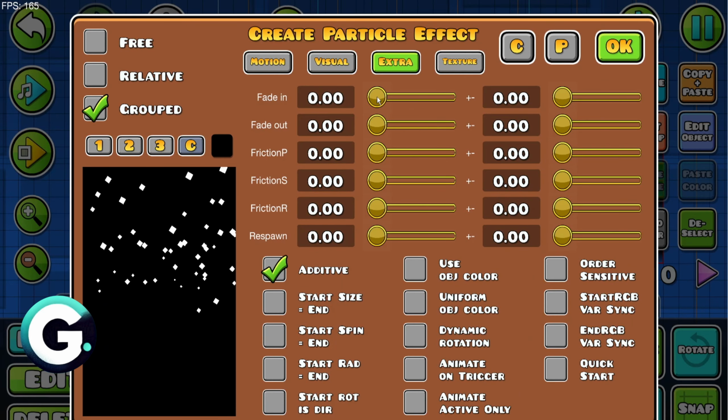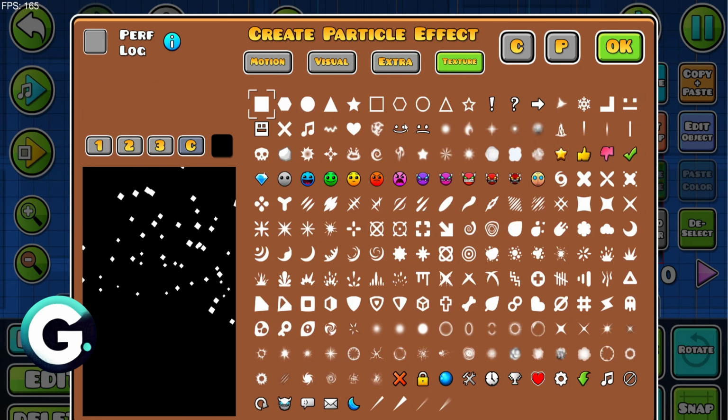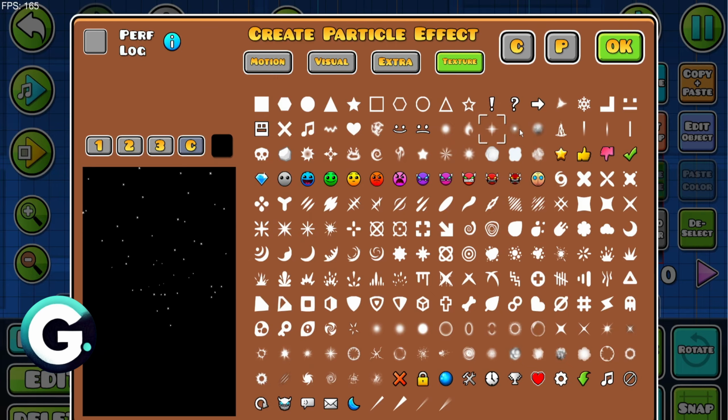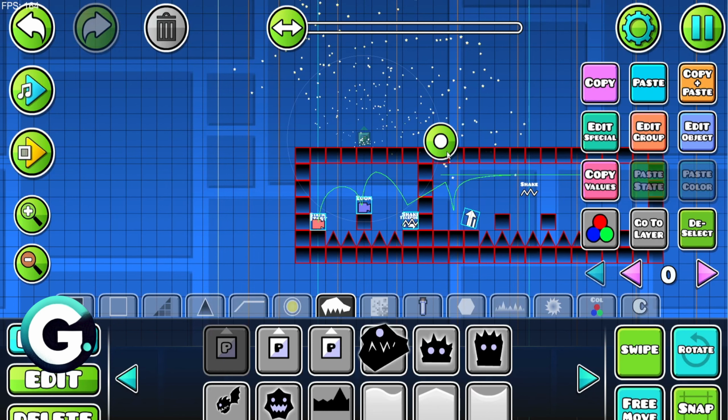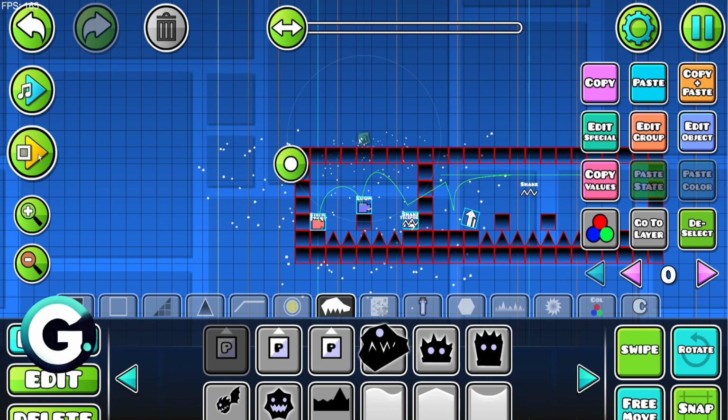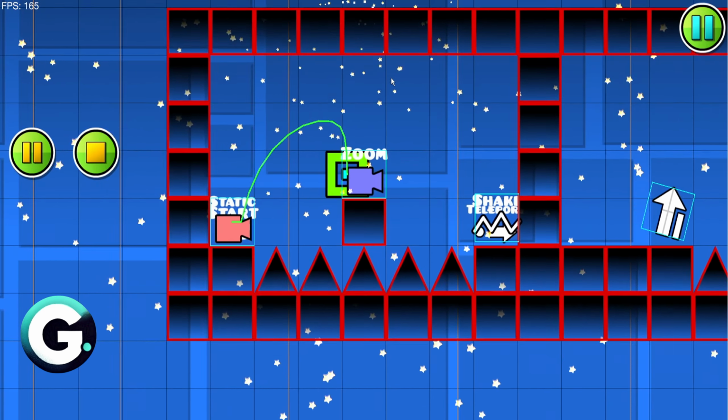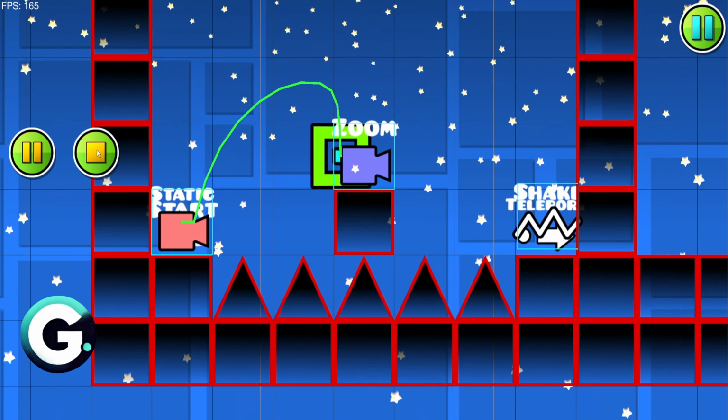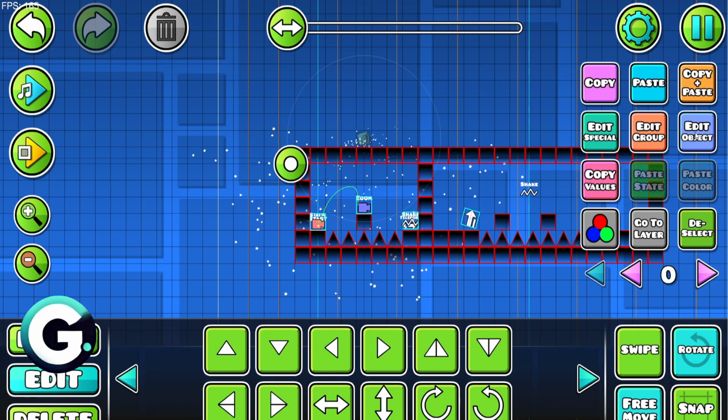Of course, after making the adjustments that you like, you can then go ahead and basically just click on the OK button. Let's now rotate it to wherever we want to. Let's hit on play, and as you can see, we are now using the particle effect according to our own